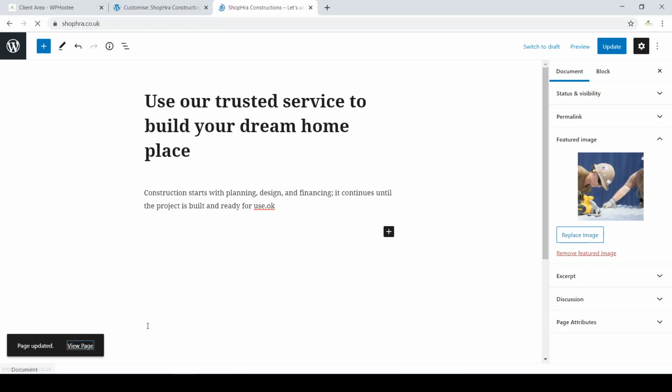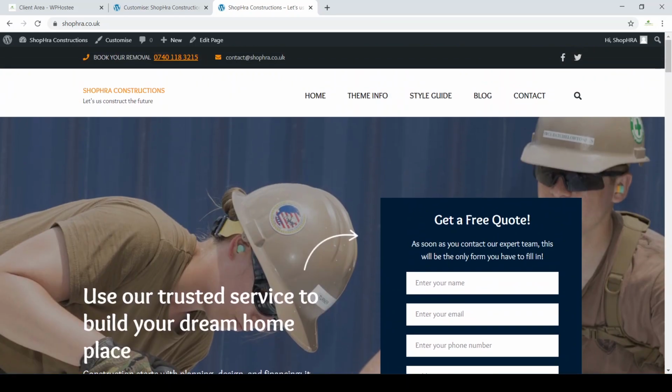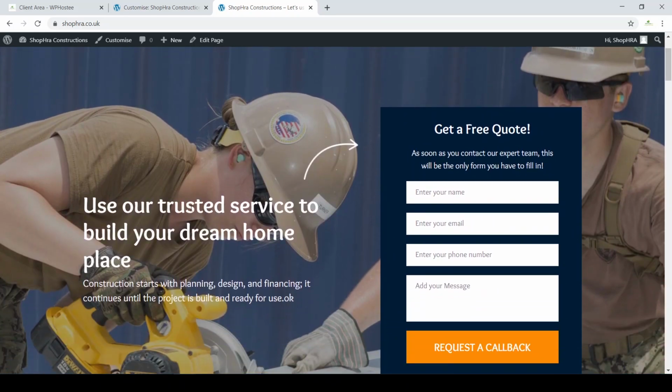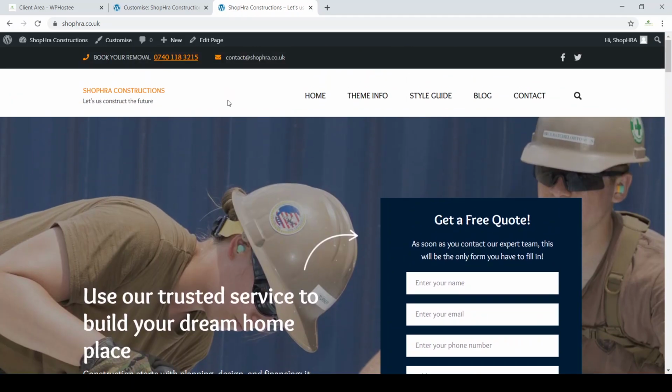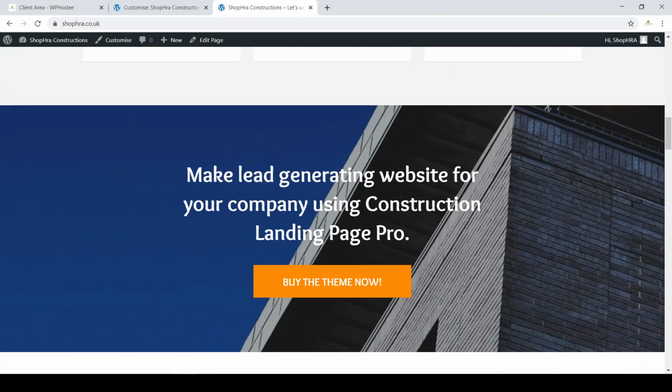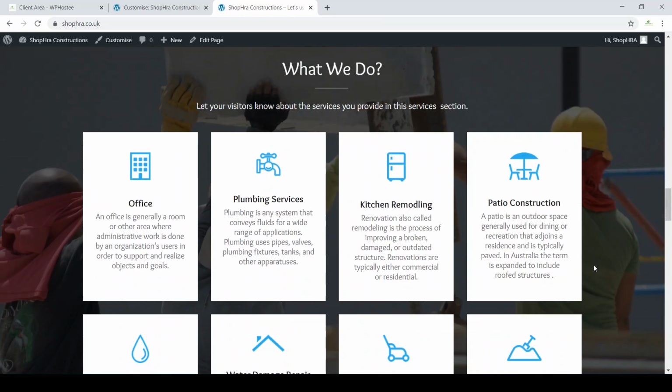View page. And as you can see, the title and the text is being changed. See, I've added a new word, and here as well. And by the way, I just realized something, and that's my bad. Let me show you. You can change this image here. I just realized that this image you can change, but there is another image which you can't, which is this one. This image here is the one that I was talking about that you can't change, and you need a WordPress developer. Oh, so as well as this one,